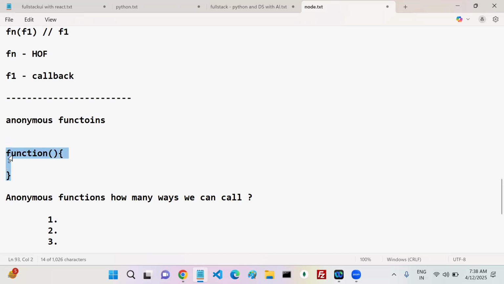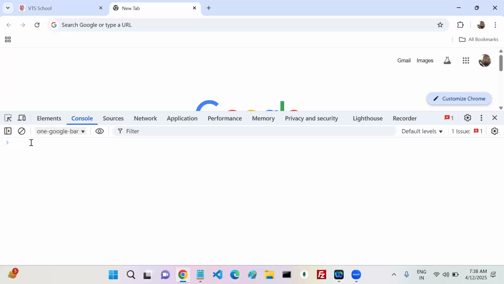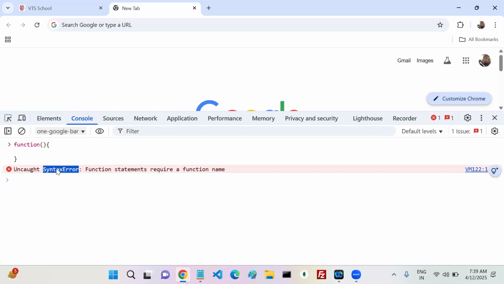So let's go one by one. I'm using the console to run my JavaScript code. Now see the syntax. First of all, syntactically valid or invalid? Syntax error means no reasons, nothing. You have to follow the guidelines.